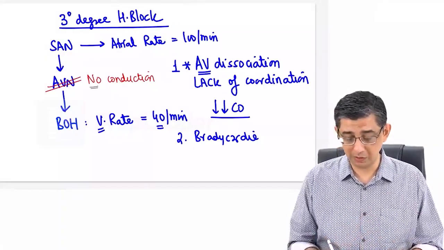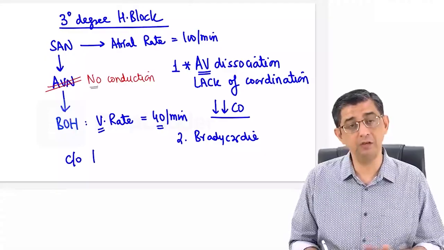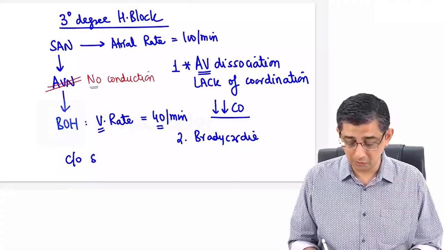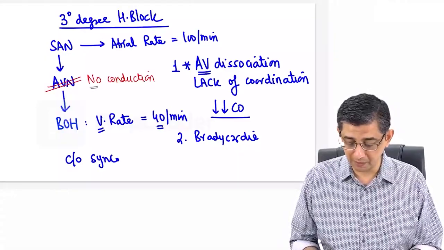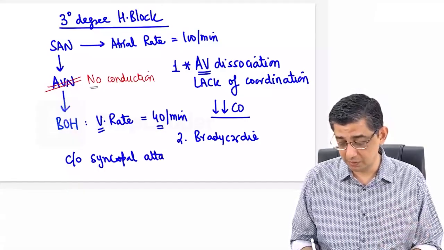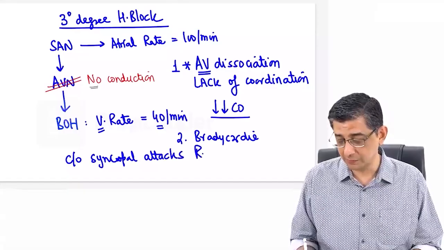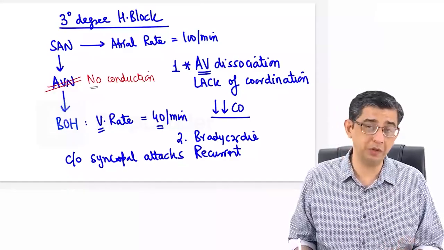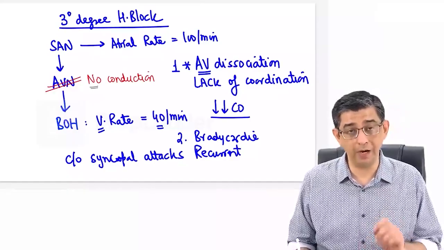So most of these patients will be having postural hypotension developing. Now obviously the patient does not know about the postural hypotension component. So for the patient per se, he will just, or the family members will tell you that there have been not one but multiple such syncopal attacks in this person. The message is, recurrent syncopal attacks can occur in diabetic neuropathy patients as well, but today we're talking about a bradyarrhythmia, which is